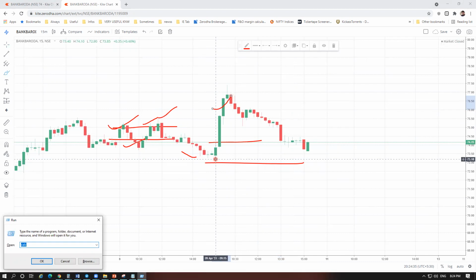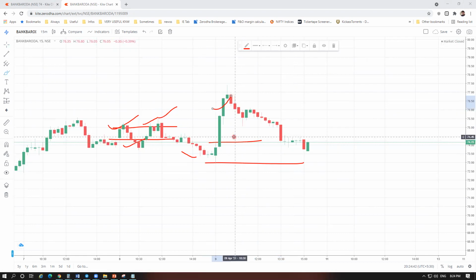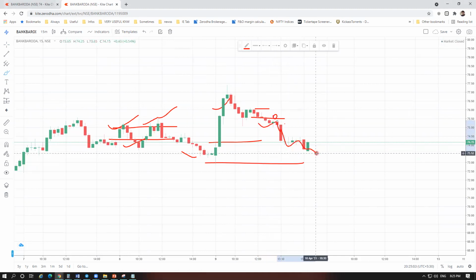And secondly, I always follow this: I am not trading penny stocks. Below 100, below 150 is a penny stock for me. I'm not taking trades on that stock. Okay, so hence avoid it. I even checked my second setup, the 12 p.m. candle. So marking two candles here, 12:45 and 12. See, confirm, pullback, and again it went down.